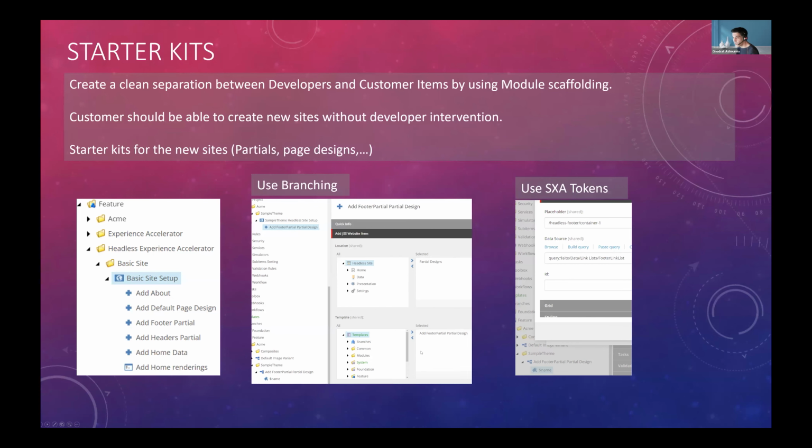I think a few weeks ago, I published a new blog entry, and in there I added some PowerShell modules which make it quite a bit easier to do these steps that you need to create the modules. When that module is installed, you can just right-click on the site setup and choose add partials, and it will set up the correct location for you, and it will create a template branch. For the partial, it's a bit trickier.